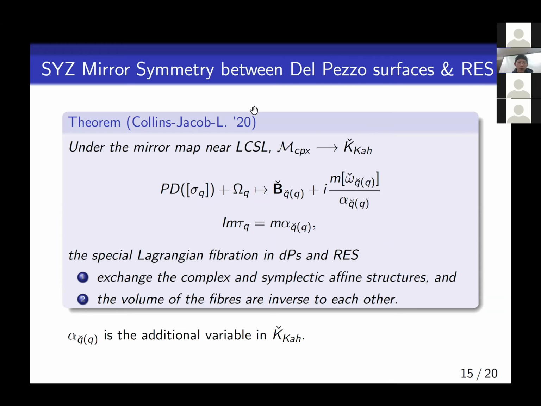Again with Tristan Collins and Adam Jacob. One side is the complex moduli space of the pair of the del Pezzo surface with the smooth anticanonical divisor,